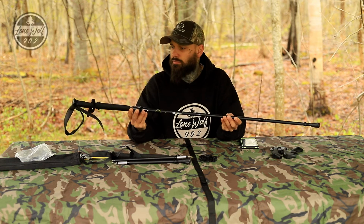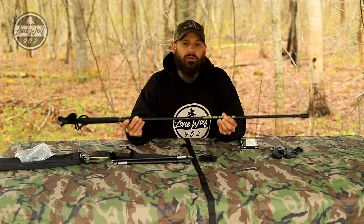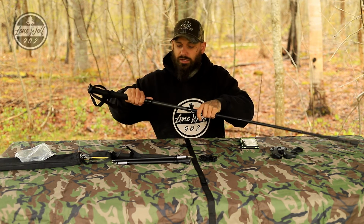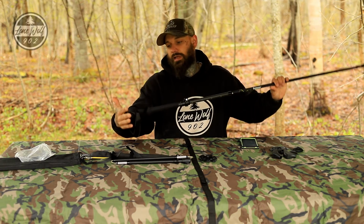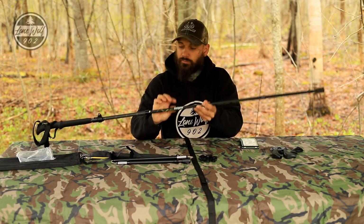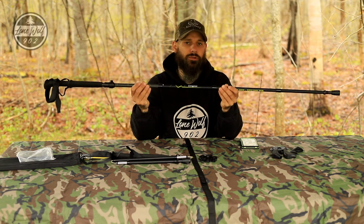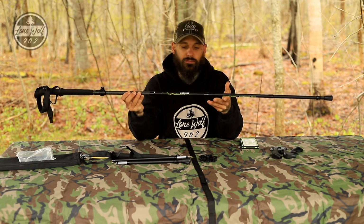But as far as the trekking poles, I'm actually quite impressed with them. Like I said, I don't hike with them. I do use them for ultralight tent setups, and I do really enjoy how it actually has the markings on the side, and you can lock that in and either put that end on the ground or this end on the ground, and then set up your tent or your tarp configuration, and they're incredibly lightweight. I can't get over that. So this actually is worth carrying for me anyways in my backpack to set up an ultralight tent very quickly,